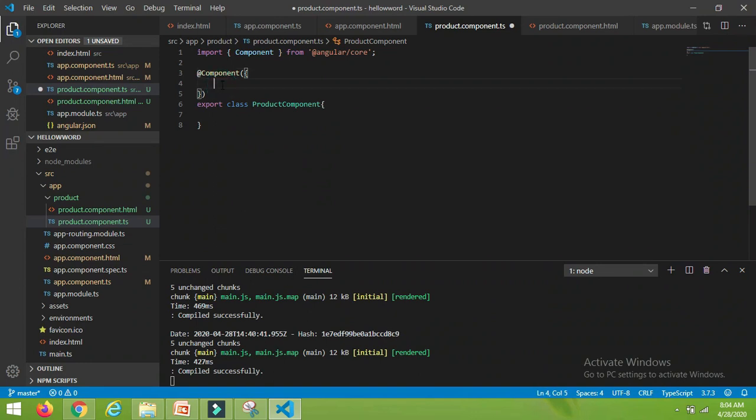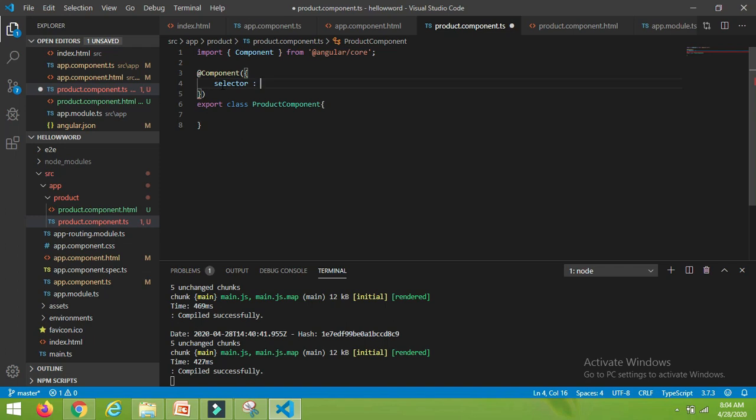Now the first parameter within a component decorator is selector. As I earlier said, the selector is nothing but the unique ID which is used to identify this component, and this ID will be helpful to inject this component in another component.